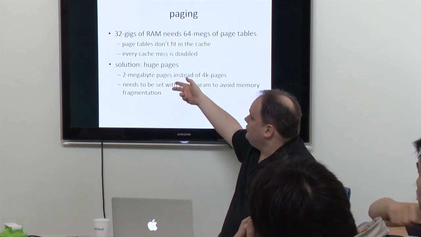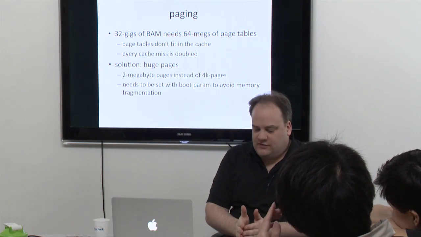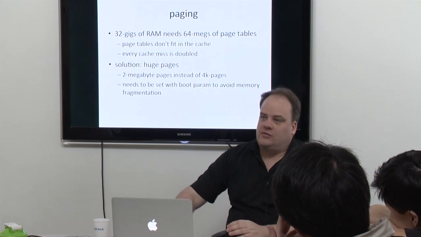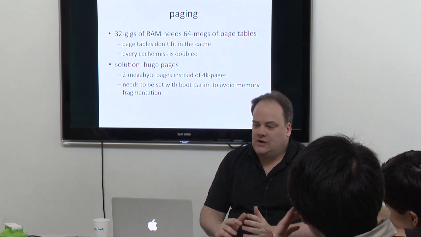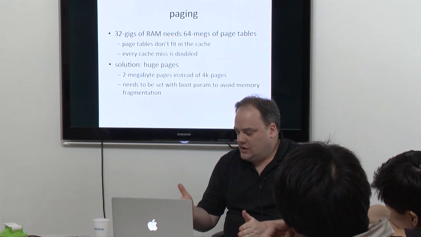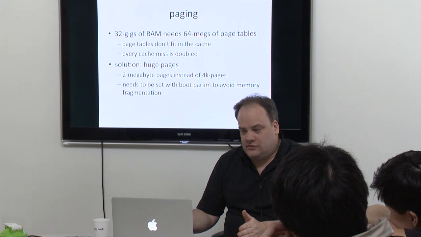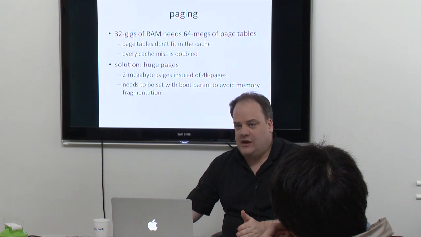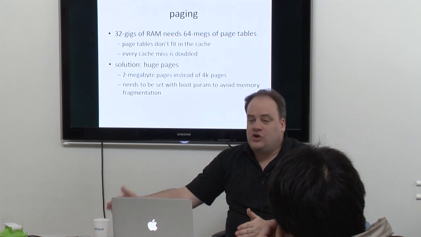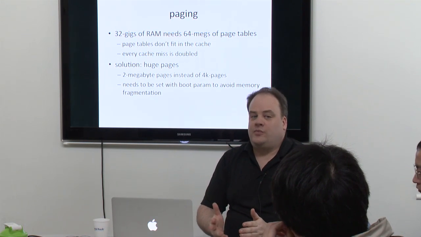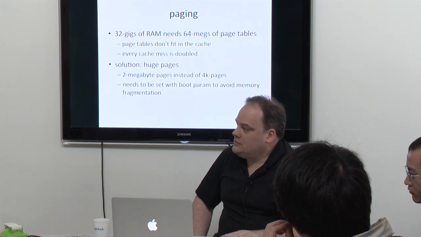The solution to this is huge pages. Paging is done in a hierarchy. It goes from multi-terabyte pages to a half terabyte page to a 2 gig page, to a 1 gig page, to a 2 meg page, to a 4K page. So you can go up that table and choose a larger page size. In fact, in the page table entry and page directory entry, there is a bit that you can set. It's called the large page bit, which gives you a 2 megabyte page.